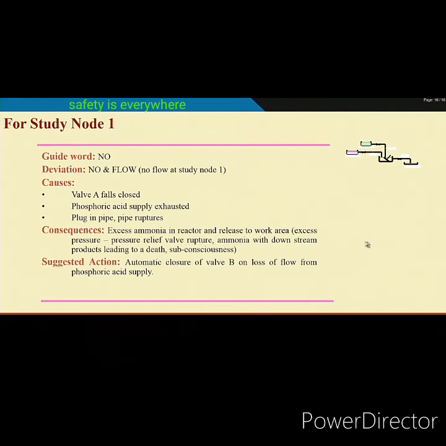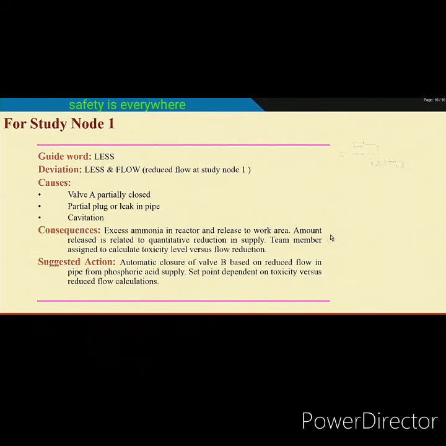Let us see the next. No flow we have seen. Now see, here there may be less flow. So that means flow is the parameter, the first one is no flow, the second one is less flow. Find out the causes, find out the consequences, and suggest action, again automatic closure of valve B. So if you repeat this,